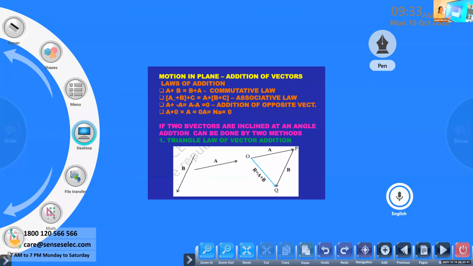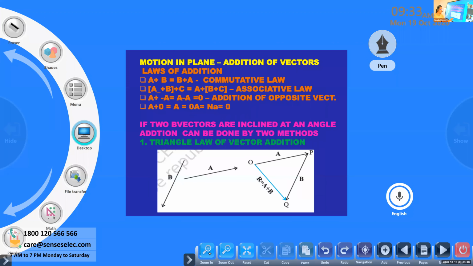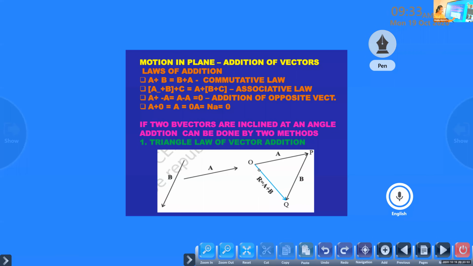So if you look at this diagram once again to refresh your memory, you can see a is in this direction and b is in this direction, and this is the resultant vector. The third side of this triangle is the resultant vector, that is in opposite direction. The vector a direction is this, and vector b is from there, the tail of the vector b starting. So opposite of a is the resultant vector always.